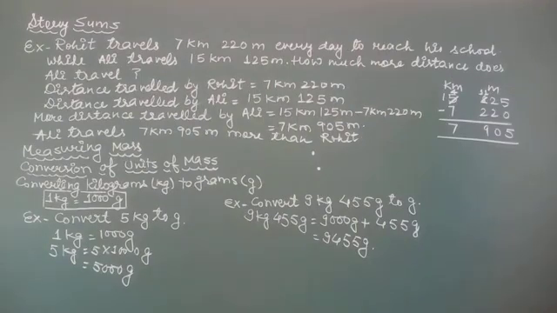And after that we have learned how we can convert kilograms to grams, and you know that to convert kilogram to gram, multiply kilogram by 1000. So to convert 5 kg to gram, 1 kg is equal to 1000 grams, so 5 kg is equal to 5 multiply 1000 gram, that is 5000 gram. And now convert 9 kg 455 gram to gram. 1 kg is equal to 1000 gram, so 9 kg is equal to 9000 gram plus 455. Now both are in the same unit, so add them. 9000 plus 455 is equal to 9455 gram.